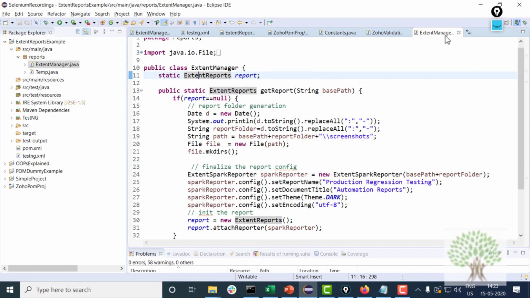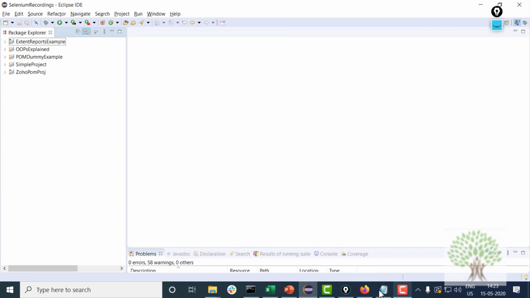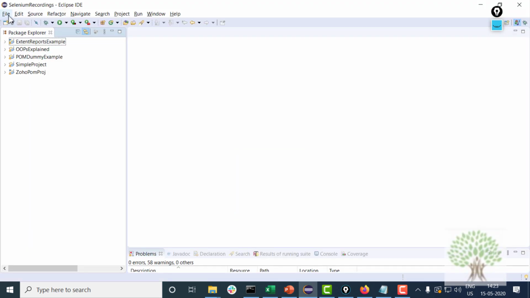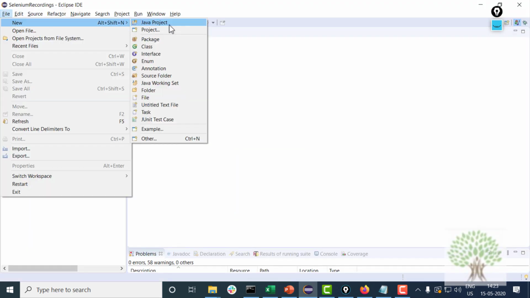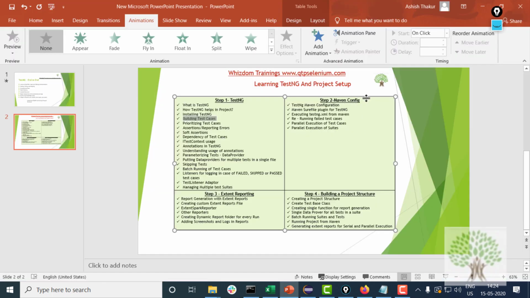If this is there, that means TestNG has been installed as a plugin inside Eclipse. Once you have installed the plugin, you can start working with TestNG and use the features. So the first thing is that you have to build the test cases. How do you build the test cases with TestNG? I'll just make a new Java project. Later on, we'll be seeing the Maven dependencies as well.